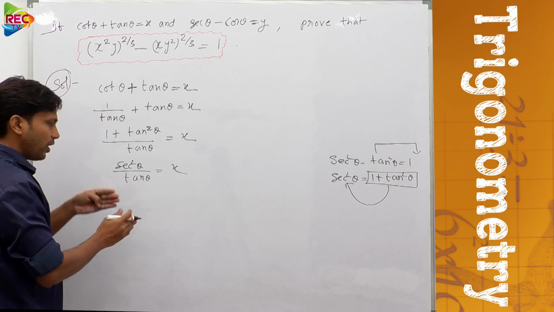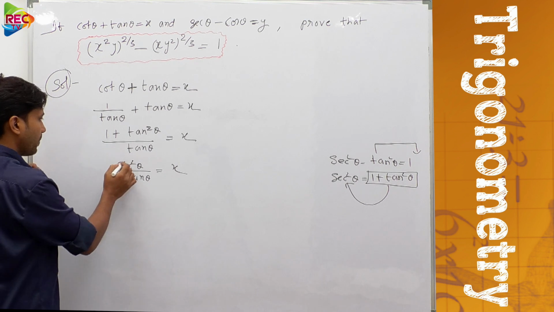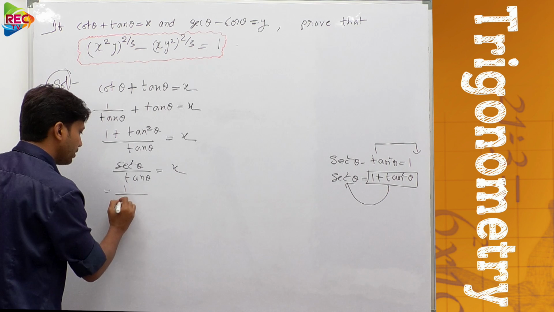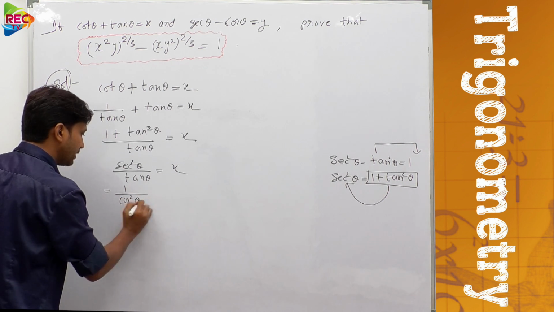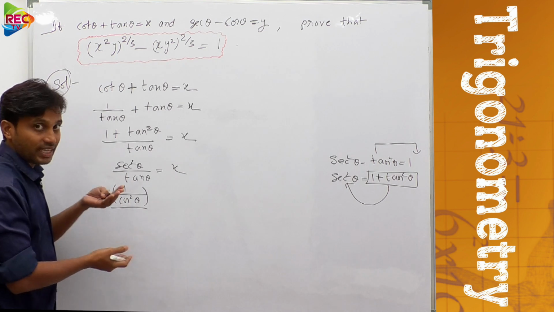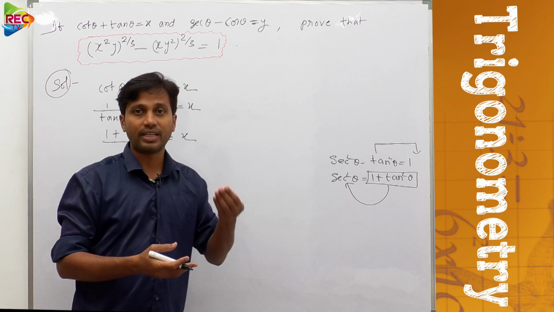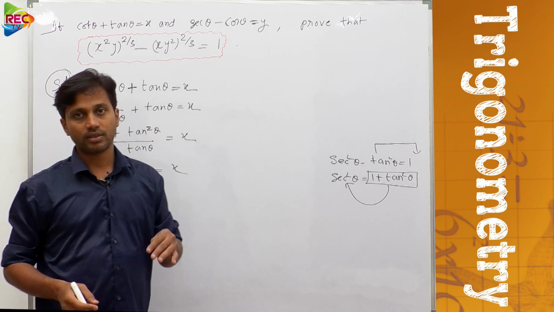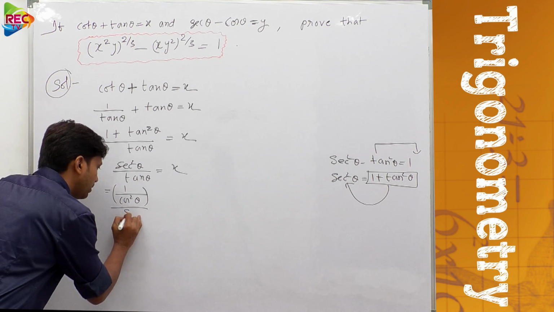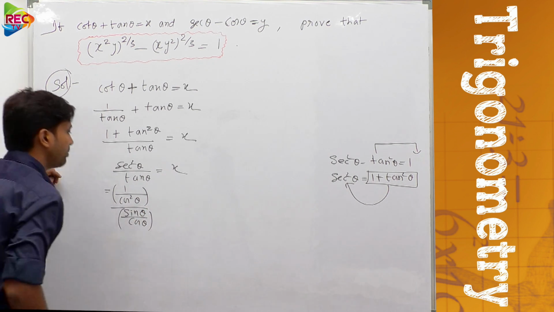Now if you want to further do the modification in terms of sine and cos, let us do this. Here secant square theta can be written as what? 1 by cos square theta or not? Exactly, 1 by cos square theta, divided by tan theta, which can be written in form of sin theta by cos theta, because we want to convert each and every term of this given equation in sin and cos so that it can be simplified. Okay, so just see here, sin theta by cos theta.